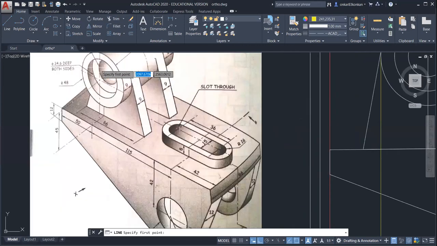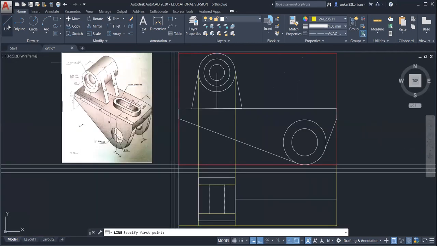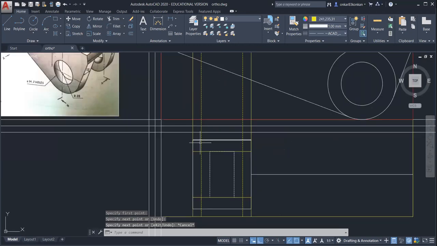So similarly, there is another hidden line. So this is that hidden line. Okay. So for this, you can take the projection from this circle. Okay. So this portion will be hidden. So select the bilayer option, and then you can draw the hidden line.